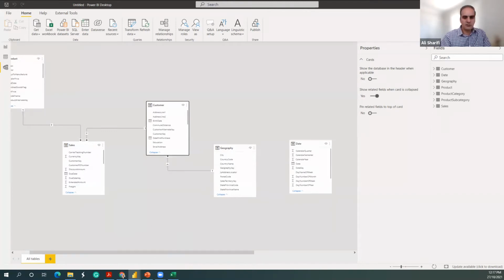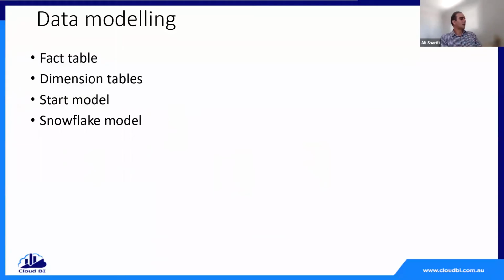But before going on to finish the data modeling, I just need to give you some overview about the different ways of data modeling and what the concept of data modeling is. Getting back to the slide again. So data modeling